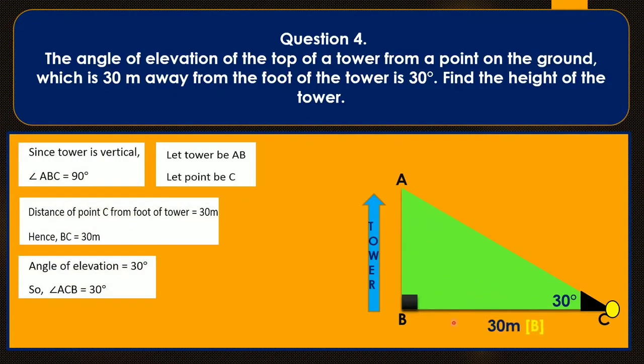And here this distance BC is considered as 30 meter, and it is the base, and the side opposite to the acute angle is considered as perpendicular, and the side opposite to 90 degrees is considered as hypotenuse. So you have to remember these points. First of all, you will take the tower which is vertical as 90 degree here, angle B. Then AB is considered as tower, C is a point on the ground which makes 30 degree angle from the ground, means angle of elevation, right? And the distance between the foot of the tower and this point is 30 meter. So see how to find the height of the tower.